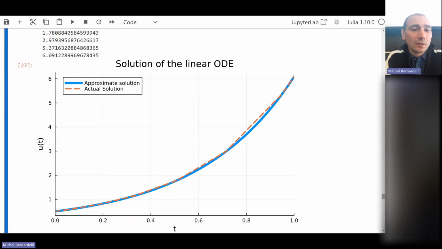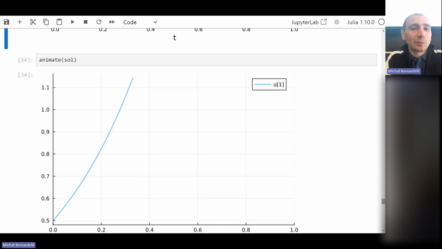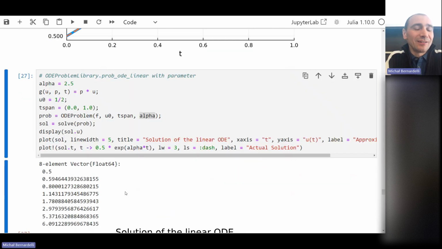But the last thing I want to show you is the animation. This is the fast animation. Yeah, you can see it. You can animate 1D problems as well, and depending on alpha, you can see how it changes. So you can get an animation, of course, the same with different alphas as well. But